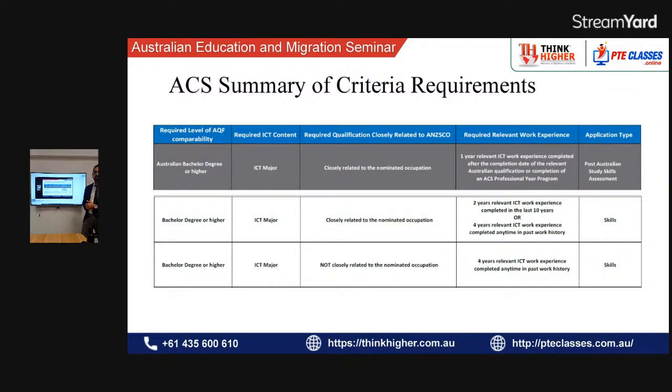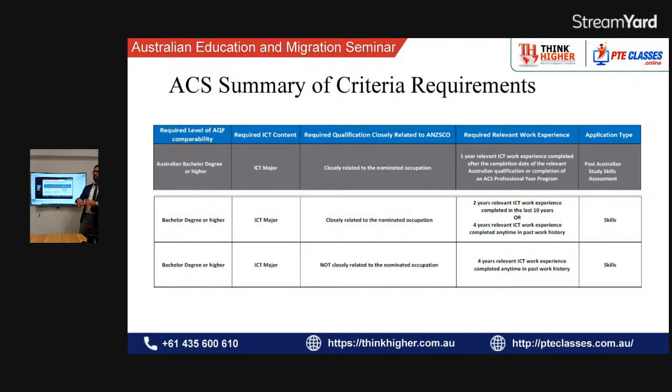Sorry, I want to ask about the first point. If someone has a master's degree in IT and has 1 year of work experience, on the basis of that he can do a skill assessment? Yes. And also we can claim those points in our PR pathway? Absolutely. Because I heard you can claim only one.